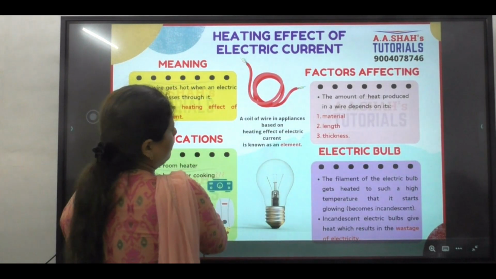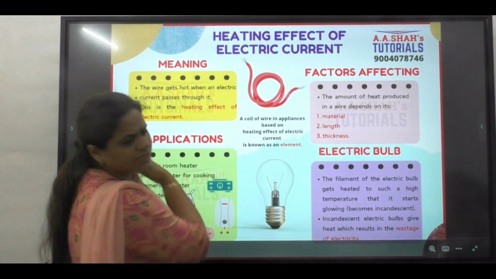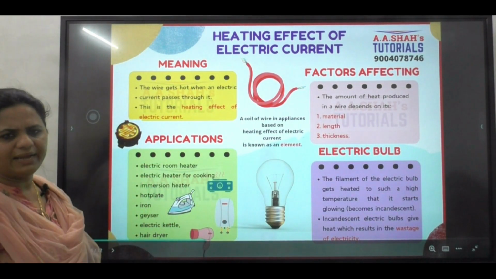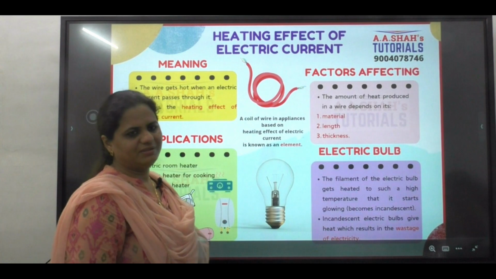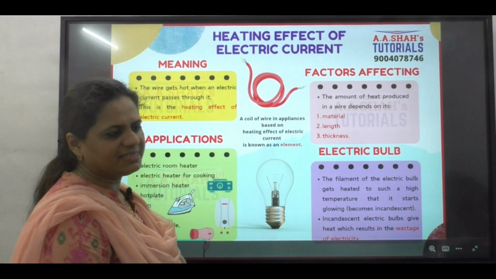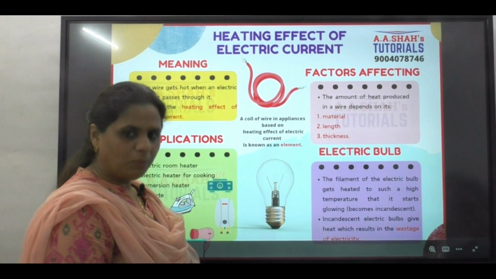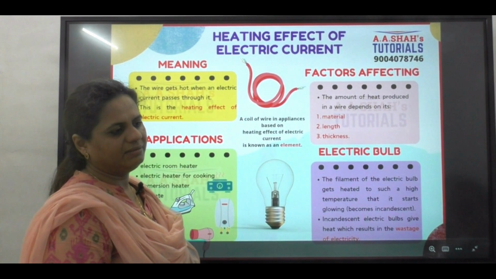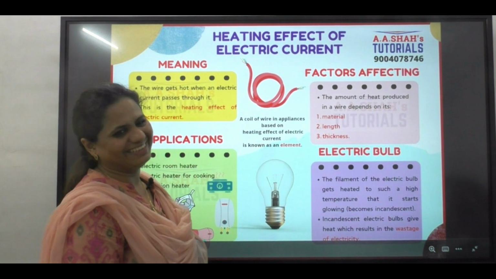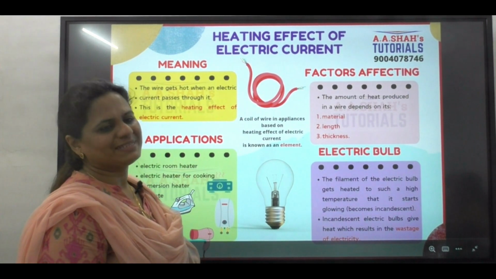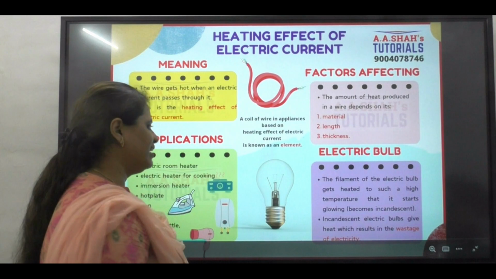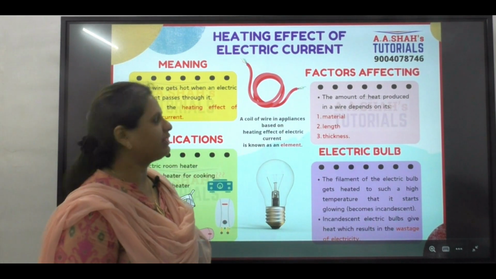Apart from the electric bulb, you must have seen these days we don't use the electric bulb so much. Do you use an electric bulb? Yes. Then what other lighting devices do you use? Tube lights, yes. Candlelight. CFL bulbs. LED bulbs, exactly, very good. So we are going to compare all these three right now too.